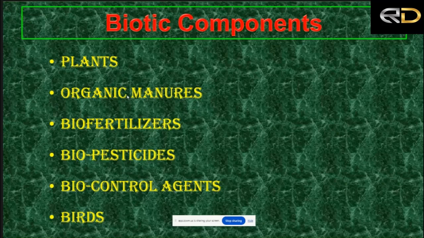Then biofertilizers, these contain their active ingredient as microorganisms, and they will be helping in increasing the fertility. Fertility means they will be providing nutrients to the soil, and these nutrients will be available to the plants. Then the next component is biopesticides and biocontrol agents. Biocontrol agent is one component of biopesticide, but I have divided it because biopesticides